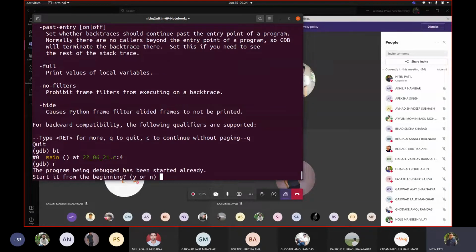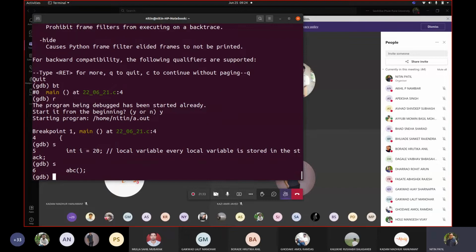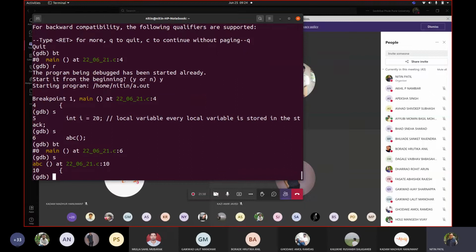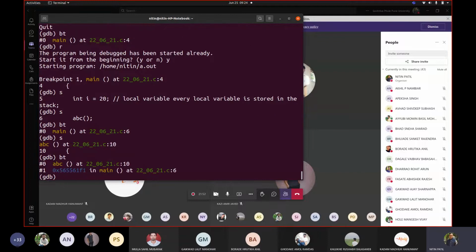So we'll start execution, run, and we say step. So we are with the first declarations, which is a local variable. So step. Now we are getting the first call. Before that first call, only one stack is there. So you again say step. Now it entered into, you may see, it was in main, sorry, it was in main here at line number 6. Now it jumped to this ABC call. Okay. So now if I write BT, you may see how the stacks are created. Correct. So now your main would be shifted, and now ABC is at the top because that is the current function that we are processing.